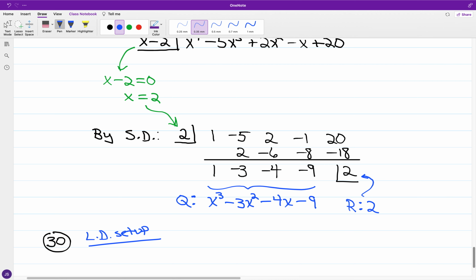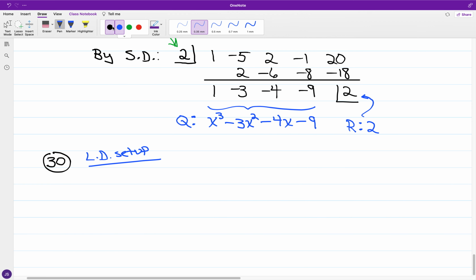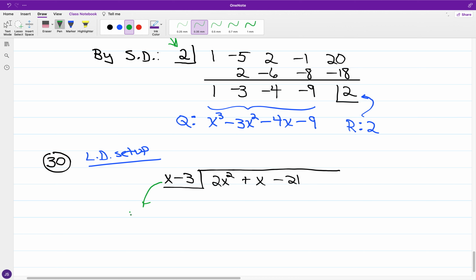In the case of the, say, long division setup, we've got the divisor at x minus 3, and taking in the dividend, which we have at 2x squared plus x minus 21. And so putting it in terms of synthetic division,